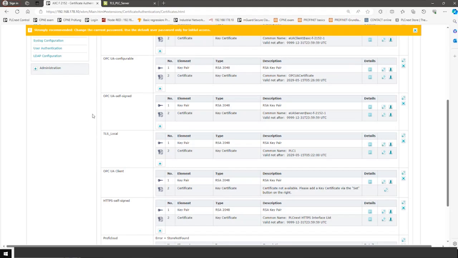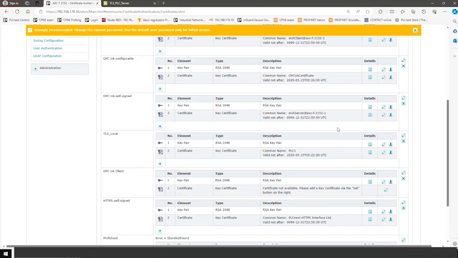If a PLC is broken, we make a complete backup to a new one. Will the certificate still work with a new one? If you want to use the same certificates, then you really have to export. You can export the certificates from the web-based management. Yeah, you have the download button here and store them. And of course, you can add the certificate on the new PLC if you want to use it. But typically, if you replace a PLC, the certificate will also change.